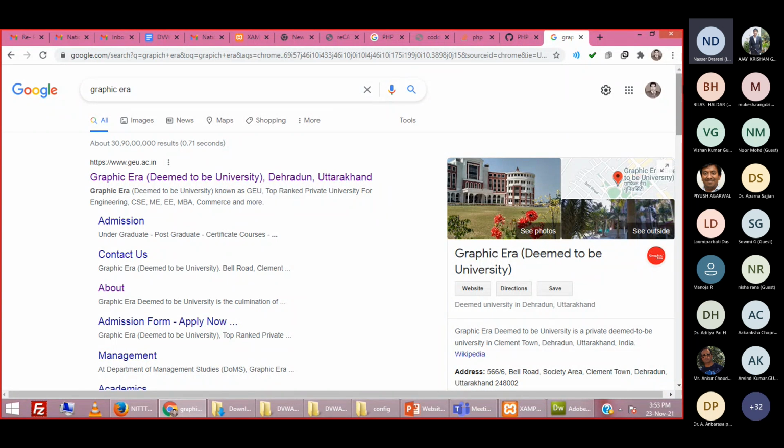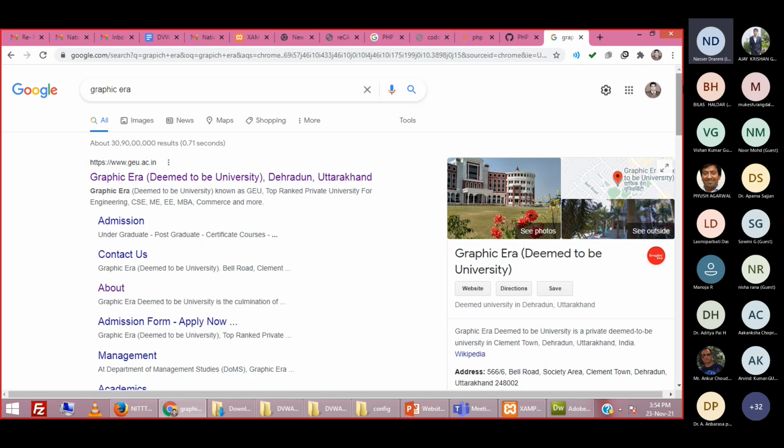Suppose your website has about us.html, contact us.html, course.html, faculty.html, student.html. Suppose these are the five to six files on your web server. All these file names will be recorded by Google, and you cannot stop it. You cannot stop Google from doing this, right? Because it is a web policy, a web crawler policy. They will reach your server.